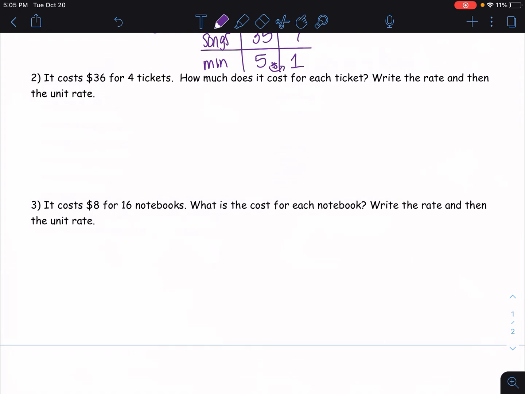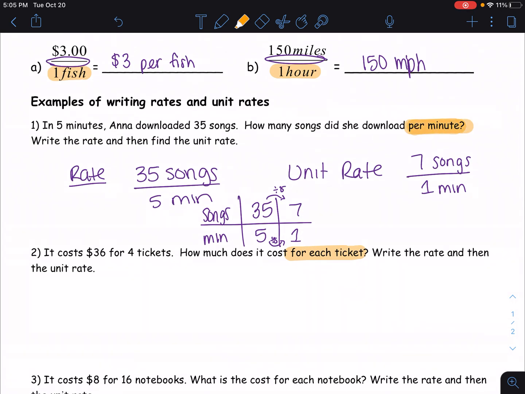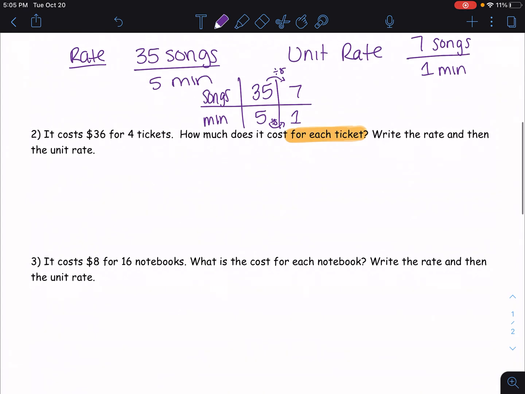It costs $36 for 4 tickets. What is the cost for each ticket? The cost for each ticket, this is just like the word per up here. For each ticket means for 1 ticket. So I am trying to write a unit rate for 1 ticket. So for my rate, it's $36